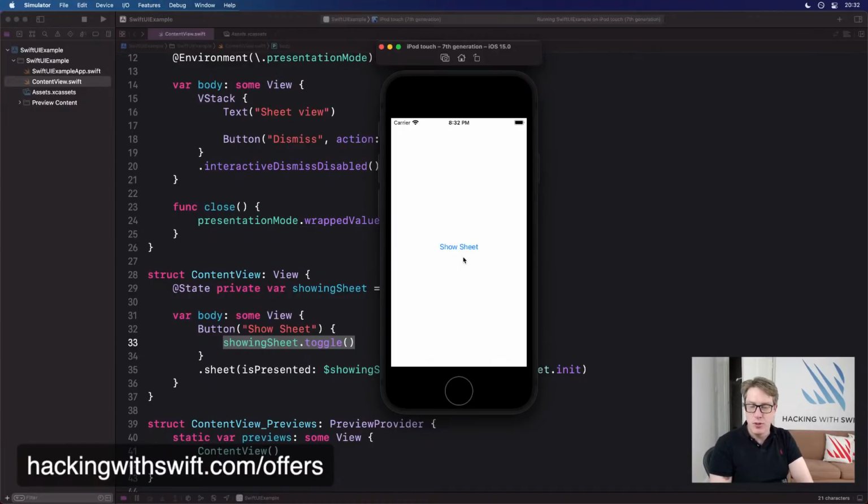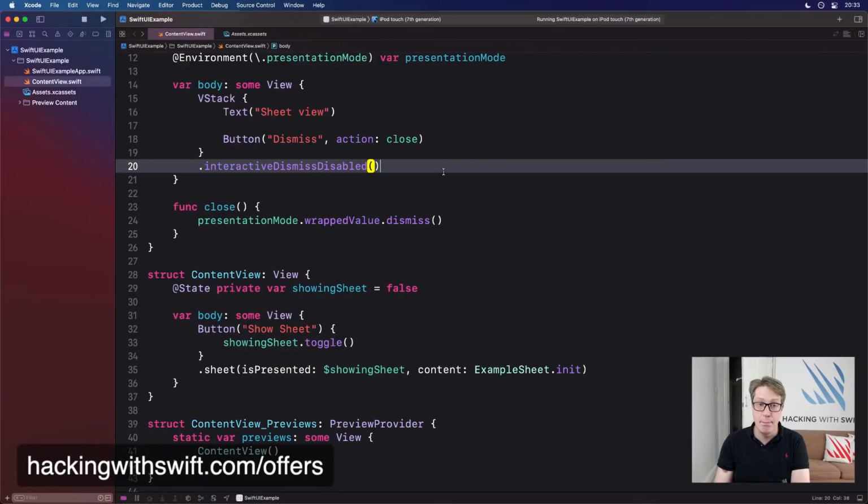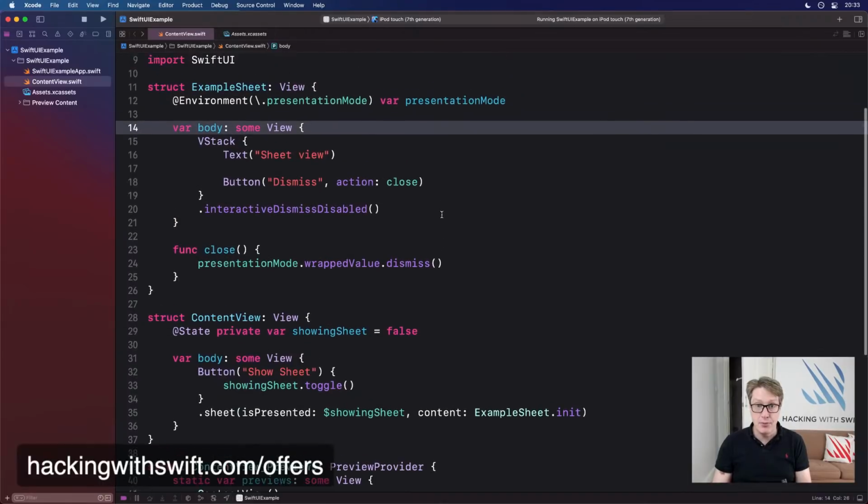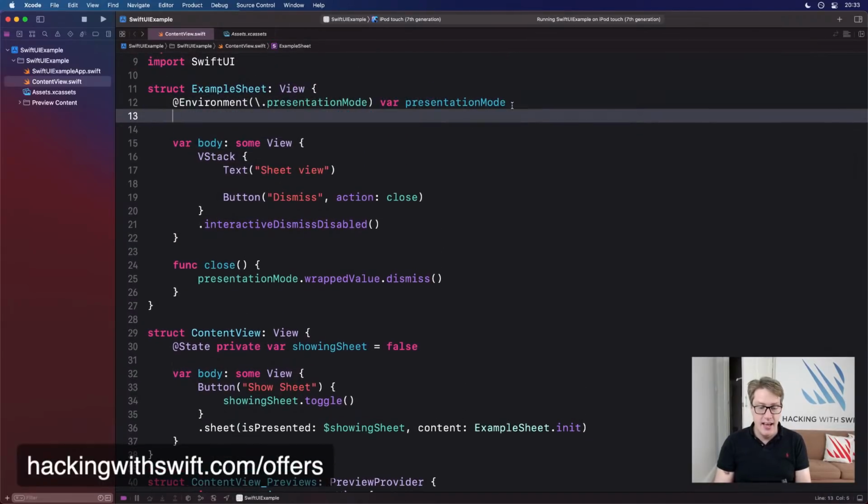If someone from SwiftUI is watching and they know of a form sheet equivalent, now's a good time to say so. I'd love to know. Now, actually, this thing takes a binding to a Boolean if you want to customize it on the fly. So you might have said something like, in our example sheet, have they accepted our terms? And it's false by default, right?